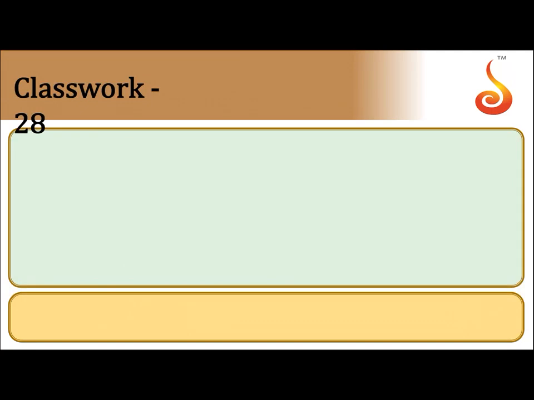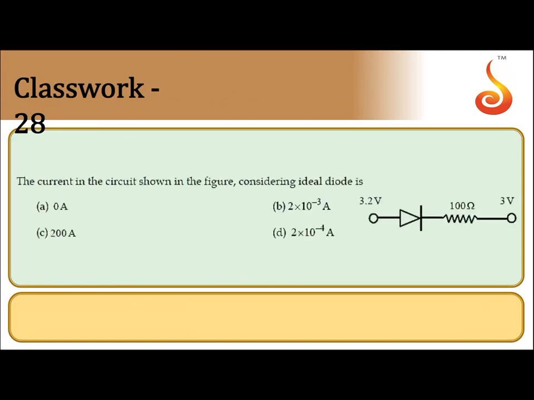Yes, we shall proceed further. The current in the circuit shown in the figure, considering ideal diode, is. When it is ideal diode, it acts like closed switch, so it doesn't offer any resistance. So this side it is 3.2 volt, this side it is 3 volt. So potential difference between these 2 points is 0.2 volt, and here it is higher potential, here it is lower potential. So first thing, the diode is forward biased,